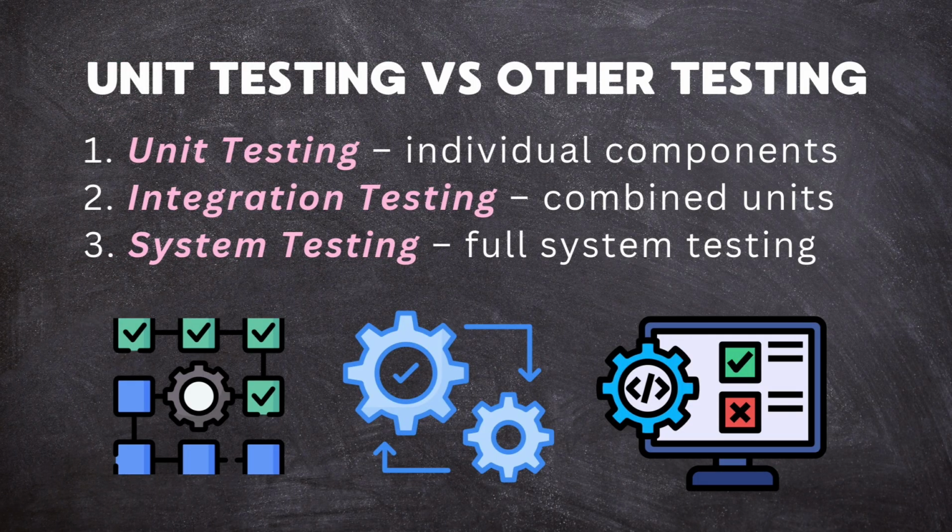There are different levels of testing. First is unit testing, which focuses on testing individual components of a program. Second is integration testing, where several units are combined and tested together to check if they interact properly. Third is systems testing, where the entire system is tested as a complete product to make sure that all features and functions work correctly. Each type of testing has a different purpose, but they all work together to ensure software